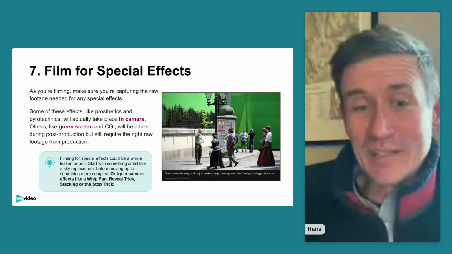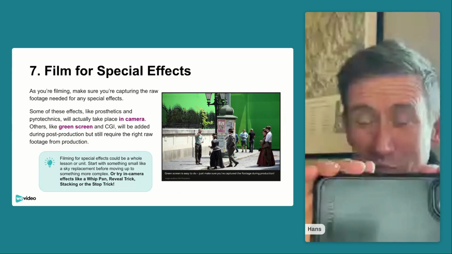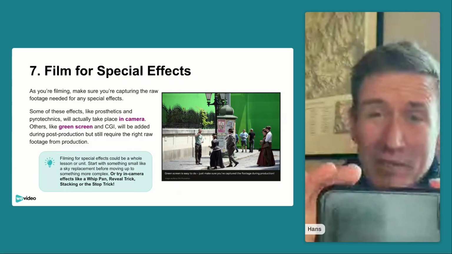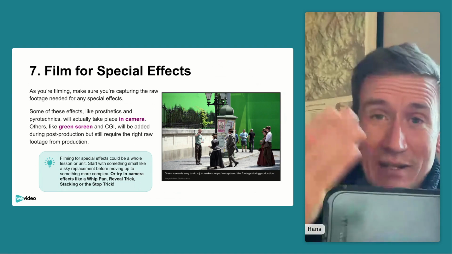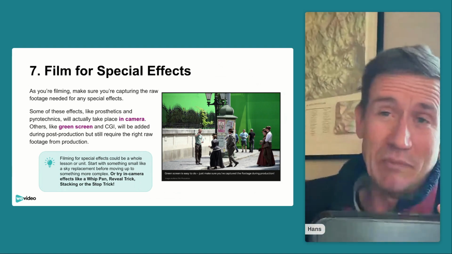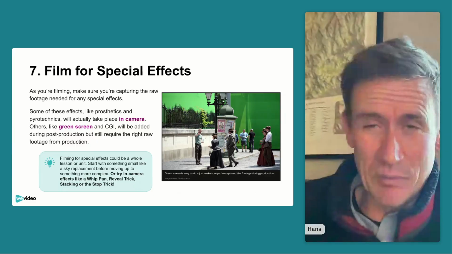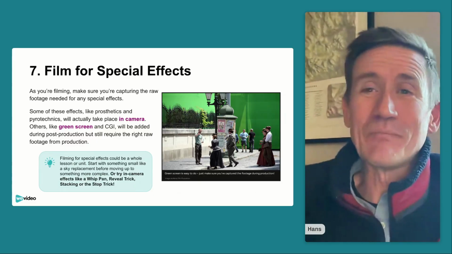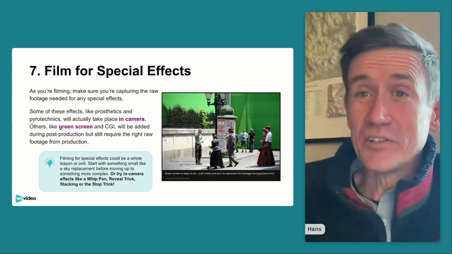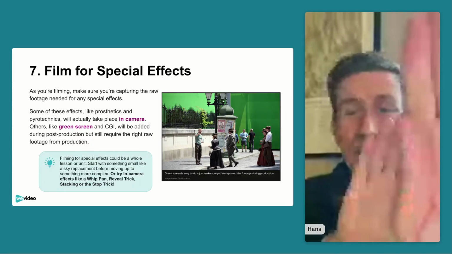Or you do something like the stop trick, right? That was where you're filming an actor, you have the camera step out of frame, and you cut, and then you show what's after the actor leaves, so it looks like the actor disappeared from the shot. The stop trick. Or you can use stacking, which is how stunt actors do fake slaps, for example,